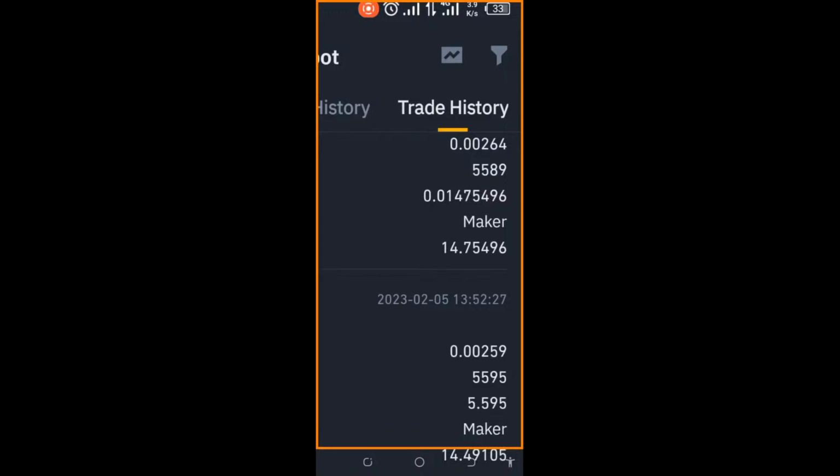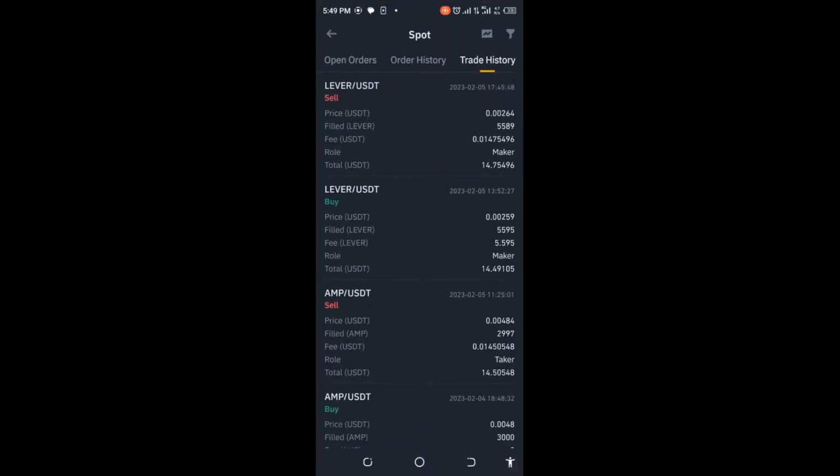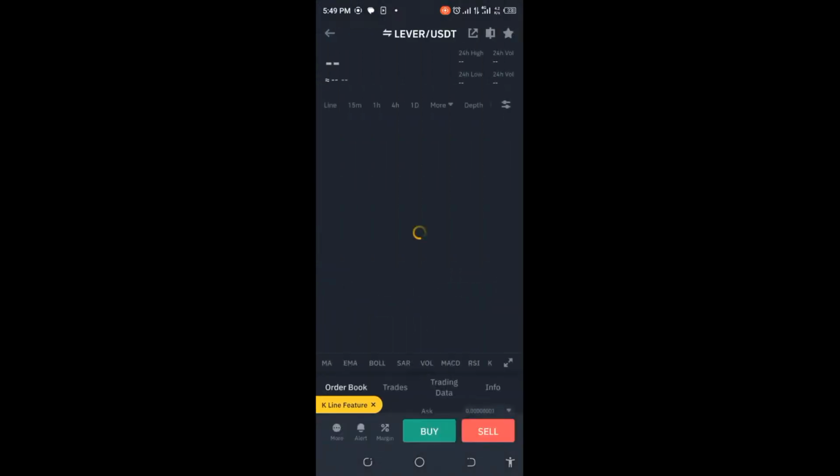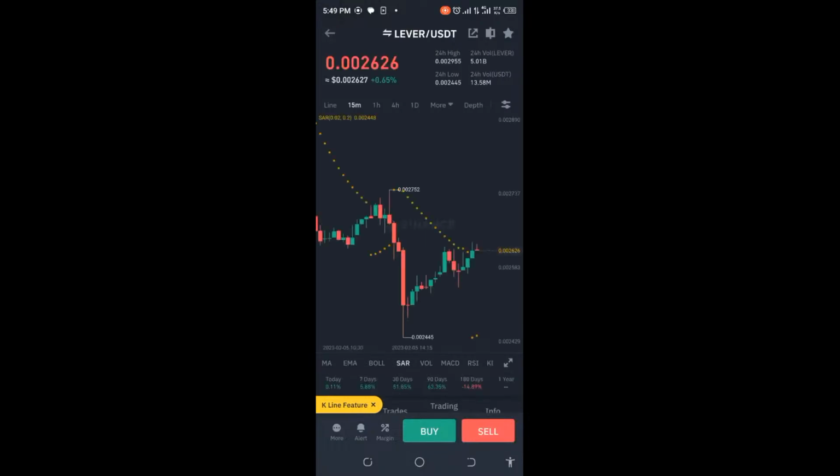If you take a good look at the distance, 2590 to 26, that's about 50 in between, which is fine. And then you'll be able to still make profit, as I've shown you. So let's take a good look at the chart one more time, and you'll be able to see that